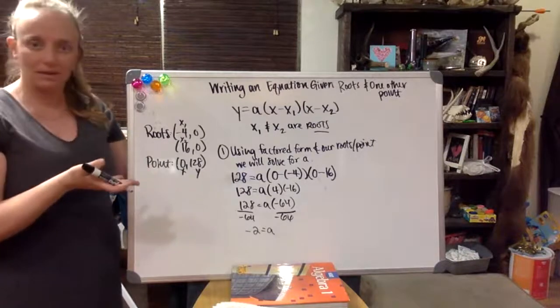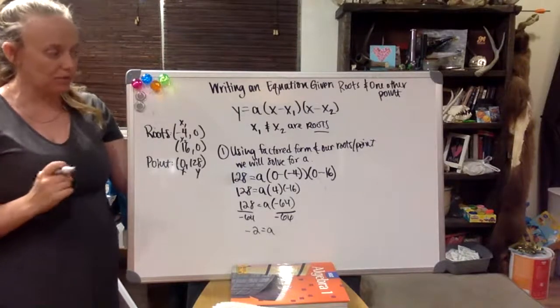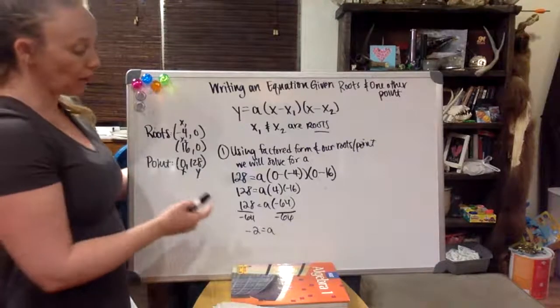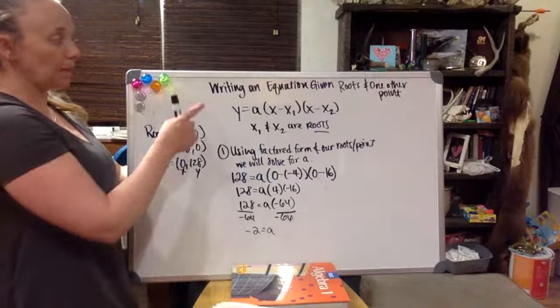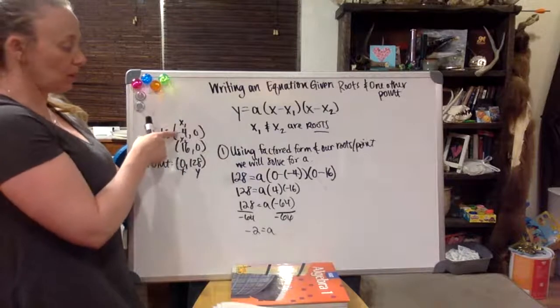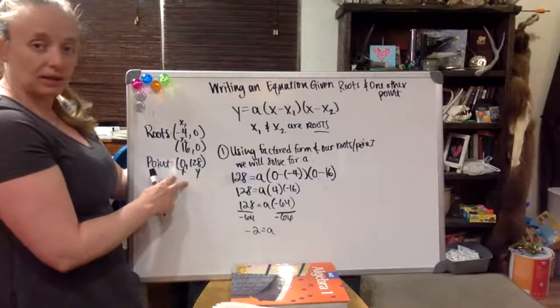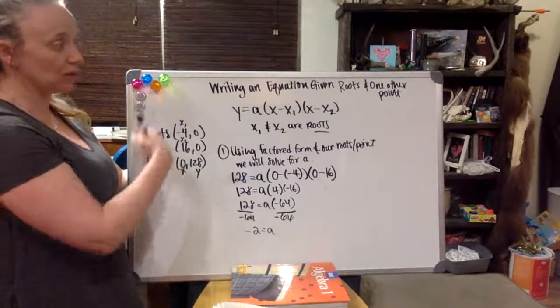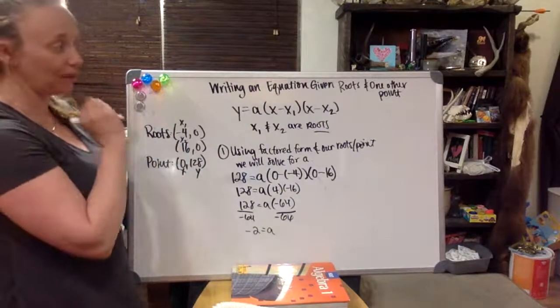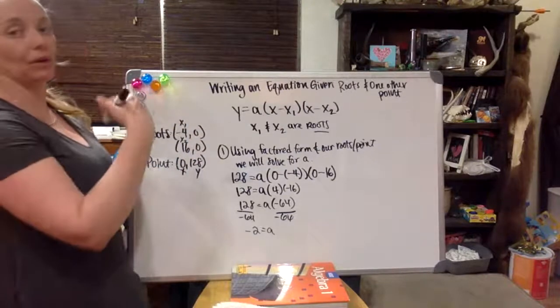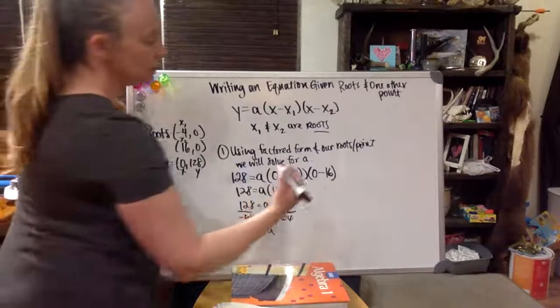Again, it's the same A value that we've been dealing with for the last 2 equations because this is the same stuff. Now we're going to write the equation in factored form given our 2 roots and this A value. We're not going to pay attention to this point anymore because we don't want a very specific situation describing just one point on this parabola. We want to figure out the equation for the parabola. So step 2,